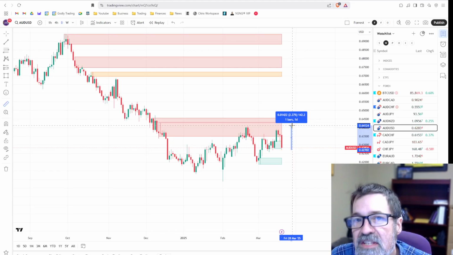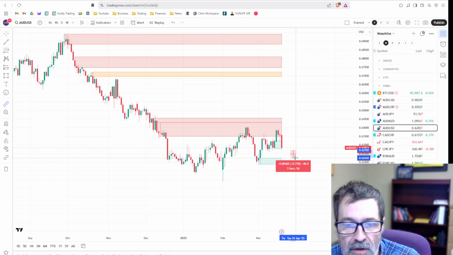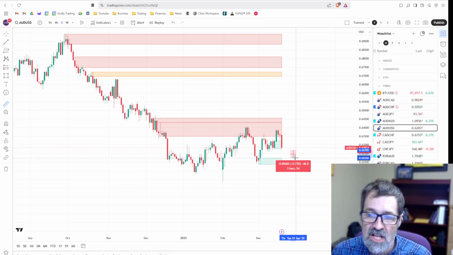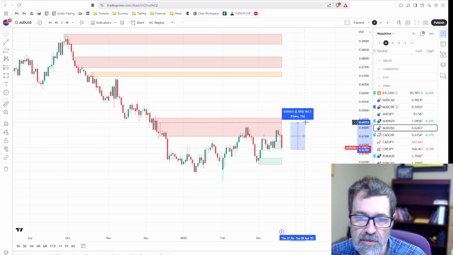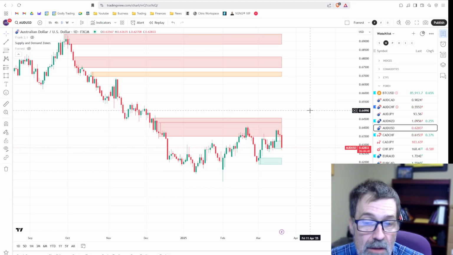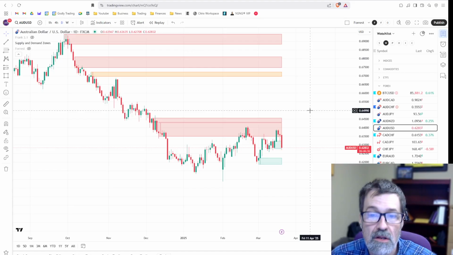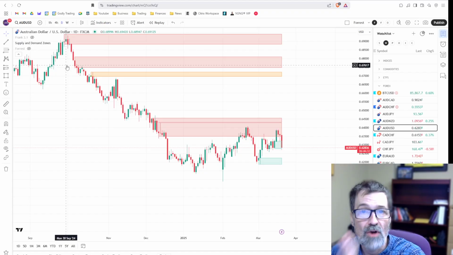Where's a logical place to put my take profit? Well, I'm not going to be, the probability of price bouncing here at 62.25 is pretty high. So I'm looking to make 50 pips risking 150 pips. That's not a calculation that I would do on the daily chart. So on the daily chart, there's no clear direction from my perspective. This is all just pure price action analysis.